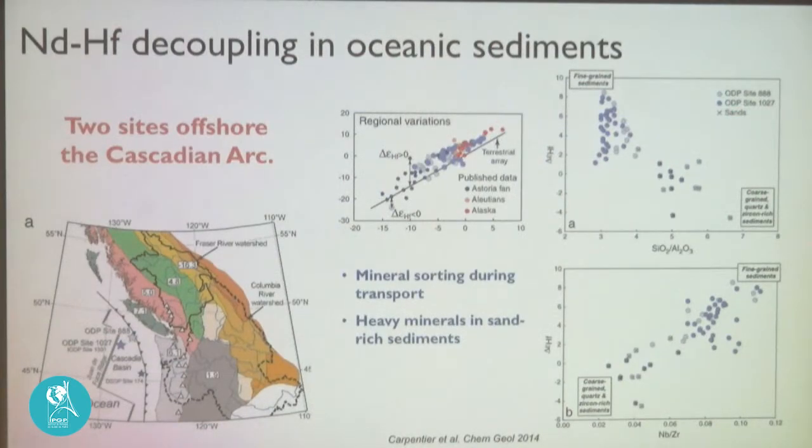So when we get to the ocean, the same situation occurs, and the difference between the fine-grained and the coarse-grained increases. This is the case of two sites in the Cascadian arc located here. One is closer than the other to the continent. And when we measure the composition of these samples along these two sites,